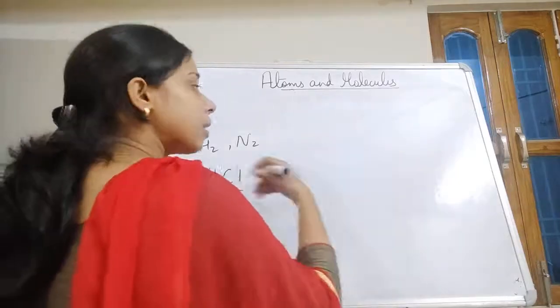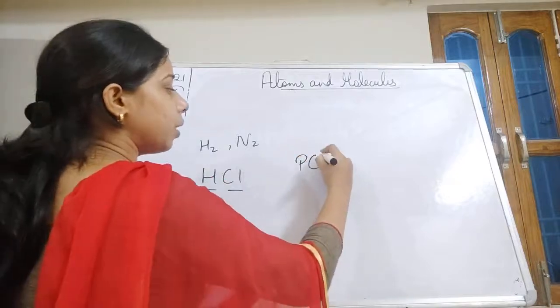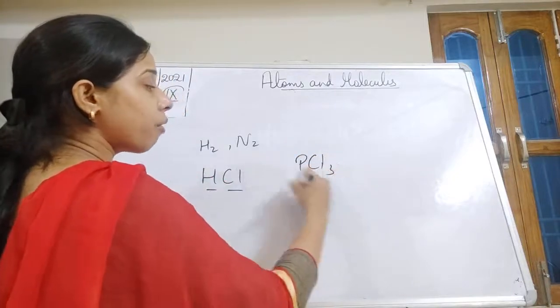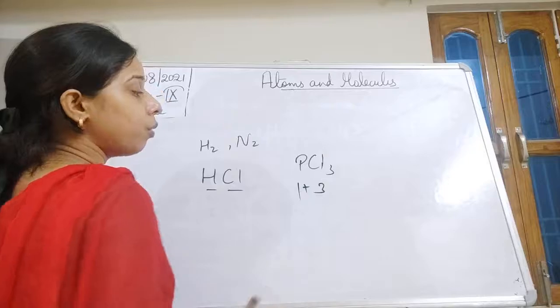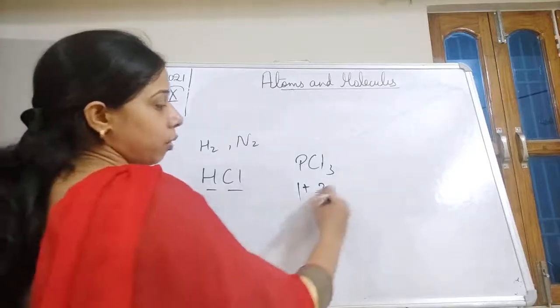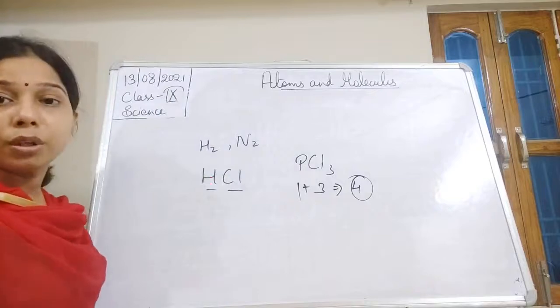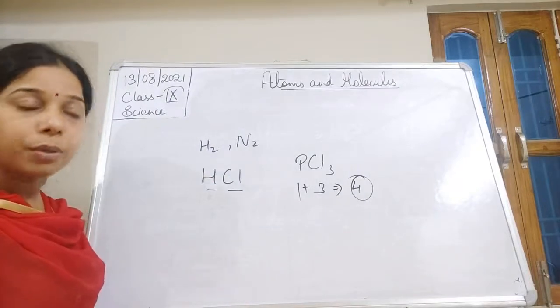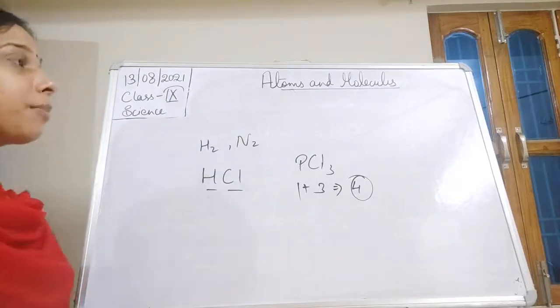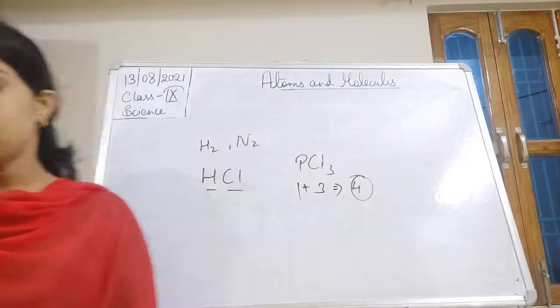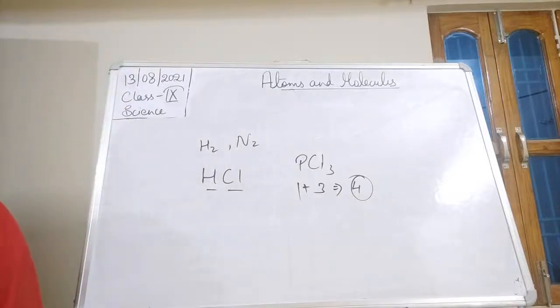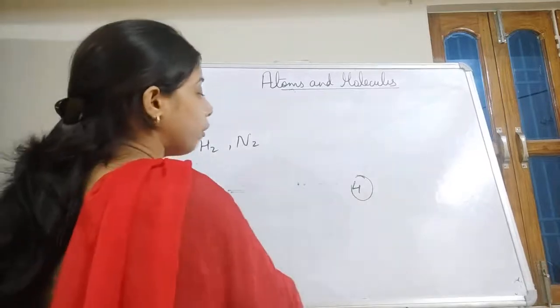Talking about another example like PCl3, here three atoms of chlorine and one atom of phosphorus are there. So it will be what? It is a tetraatomic molecule of a compound. Why compound? Because here two different types of atoms combine together. Okay, so this is what we have found in the formula of a compound or the formula of an element.